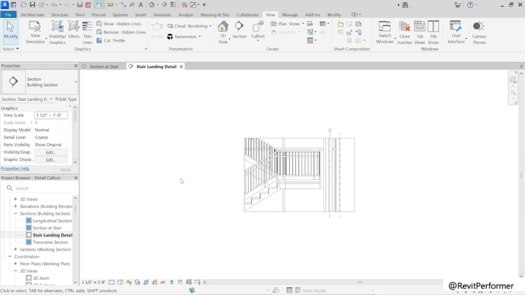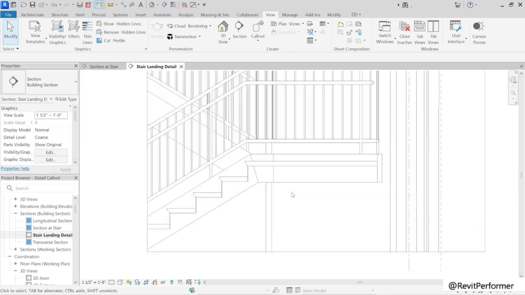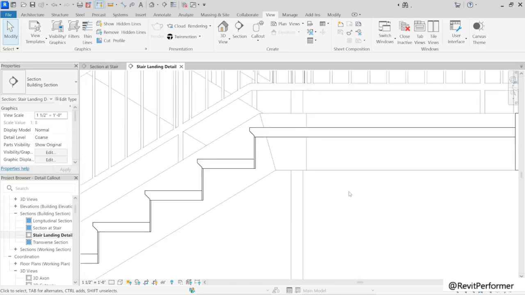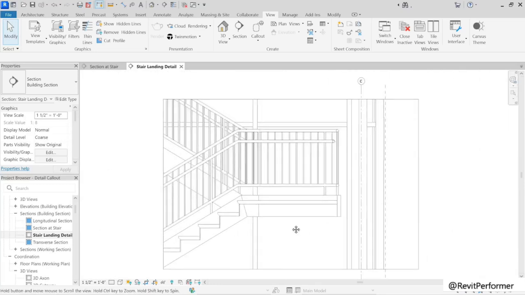And the obvious thing that you'll see change in the view when we do that is the grid line here will get significantly smaller. Okay. Now, if we zoom in, another thing that has changed is the line weights have adjusted to match this scale. But if you zoom in close enough, you will see that where we're slicing through the stair is bolder than where we're looking at the stair beyond off in the distance. Okay, so the line weights are still being applied. It's just that you typically have to zoom in a little closer to see them.